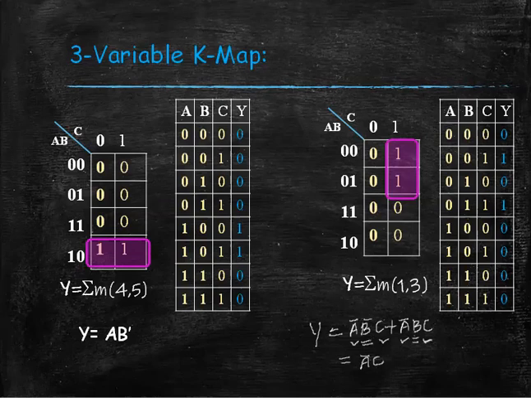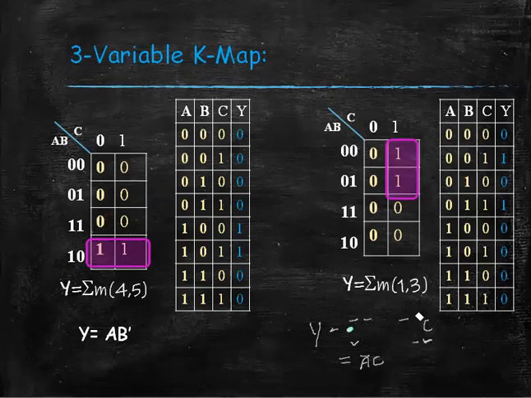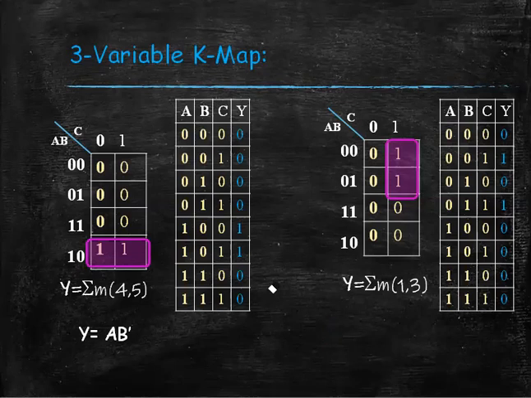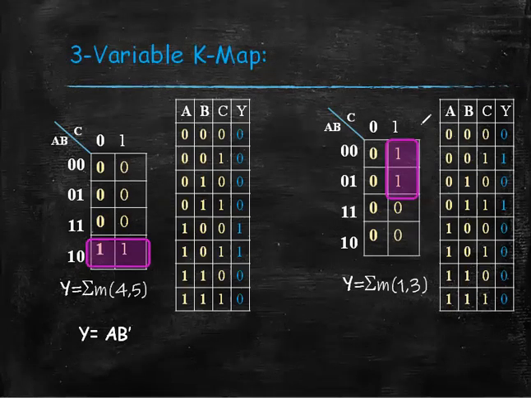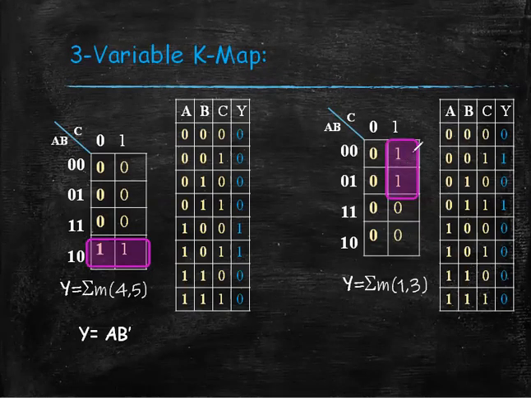This result can easily be understood from the K-map itself. That is, when we look at the K-map and move downward, the variable C is not changing, so in the result there must be a C.